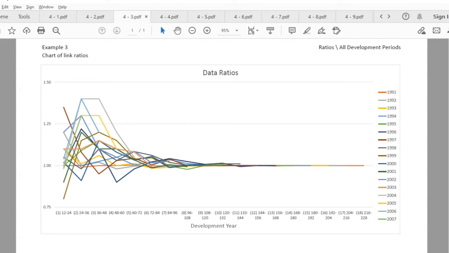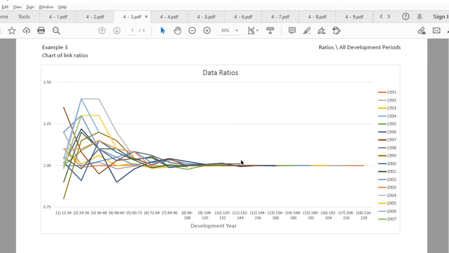This exhibit plots lines representing the link ratios for each origin period. So for example, the grey line shows the link ratio for the 2004 accident year, which has a value of about 1.4 in the second and third columns. In this example, we do see a trend down towards link ratios of 1, meaning all claims have completed their